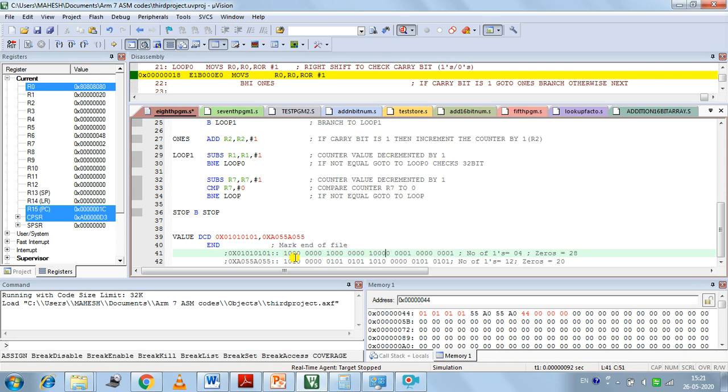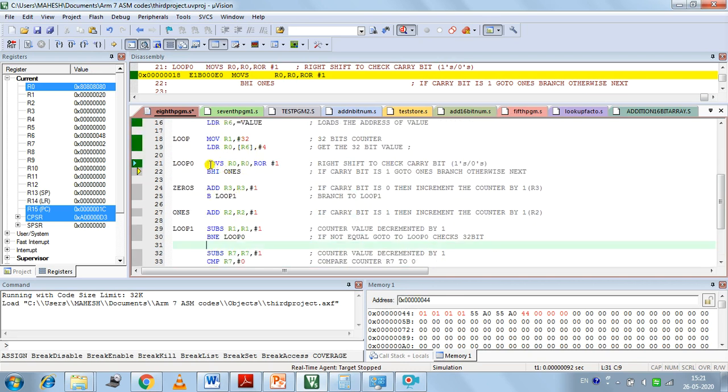You can see here, after the first ROR operation, it will become this number, 10000000, 1000000. So like that, if you write this number in 32-bit format like this, you will get 80808080.